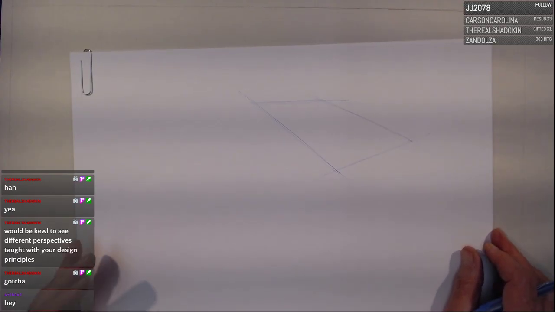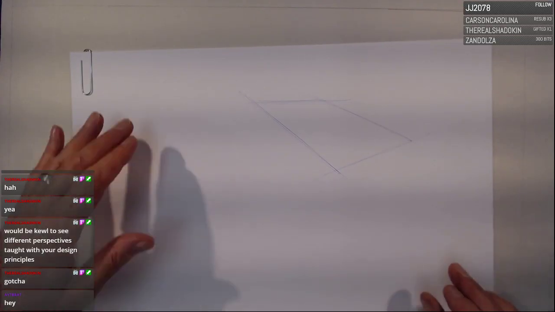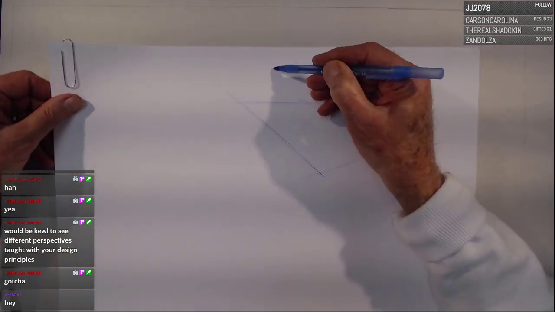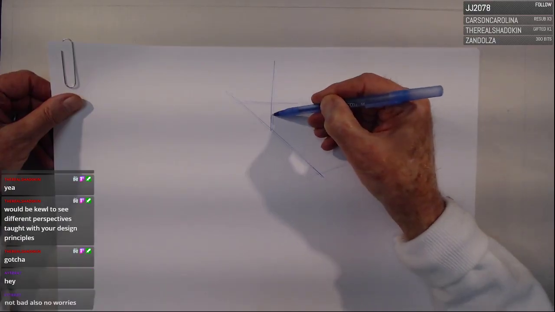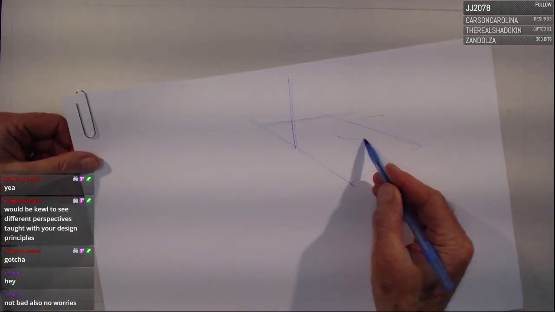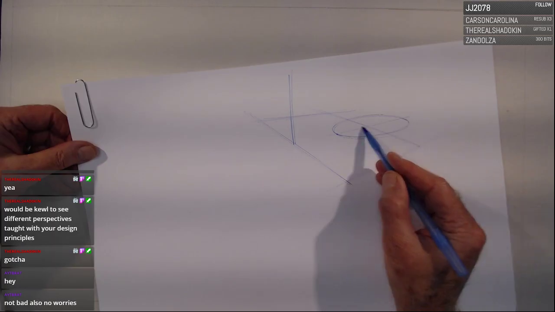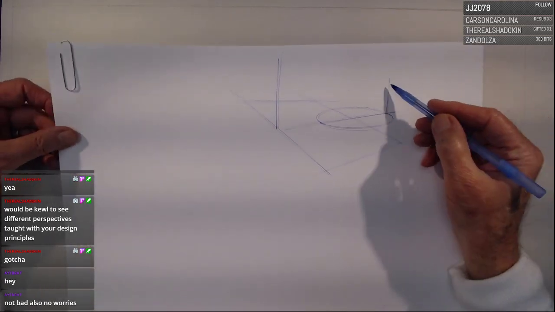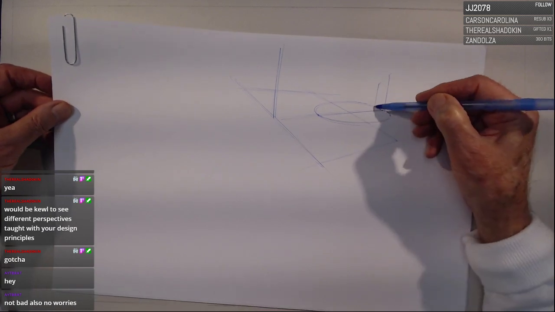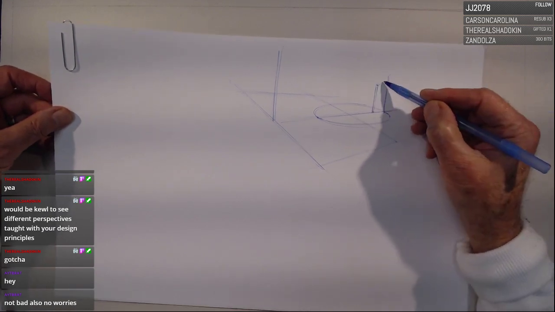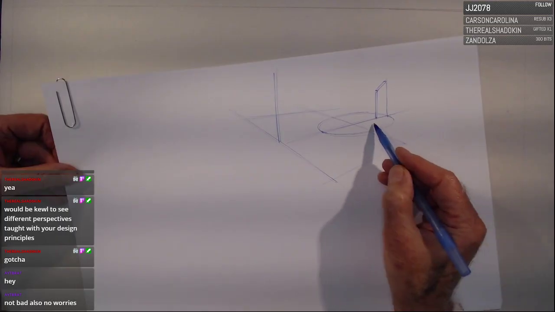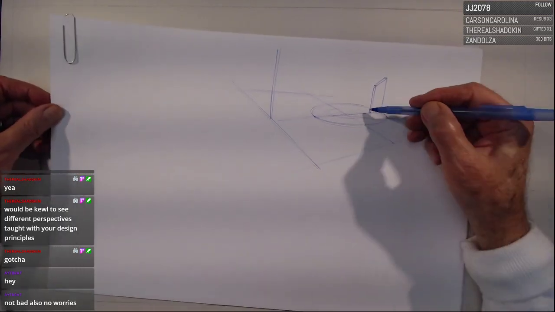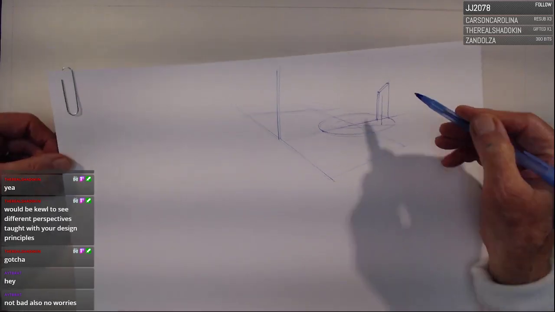But we're doing some architectural studies here today, and I just want to start with a platform. Let's say we get the platform down. Let's just kind of build this platform by doing this. Vertical here. Let's add a little round out here and come right back to center here. Now I'm going to come back in through here first of all and get this to work. I'm going to come out here, then get an inner circle. Notice I'm using perspective now to set this up. And an upper halo